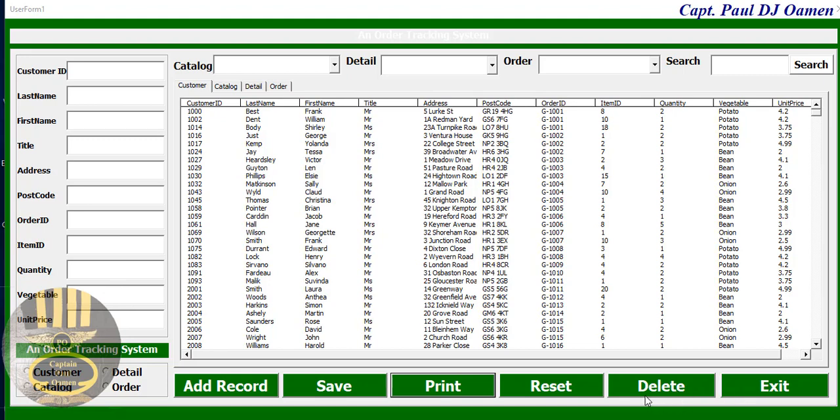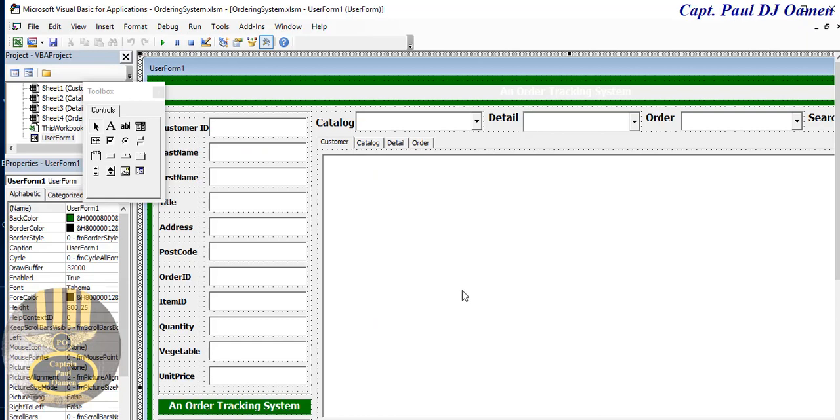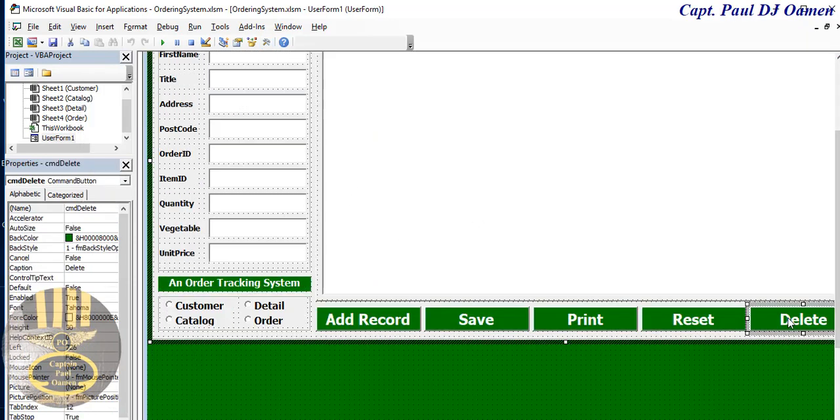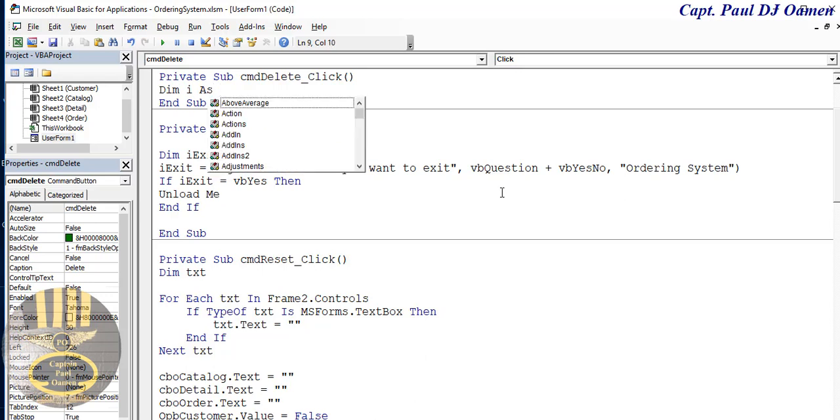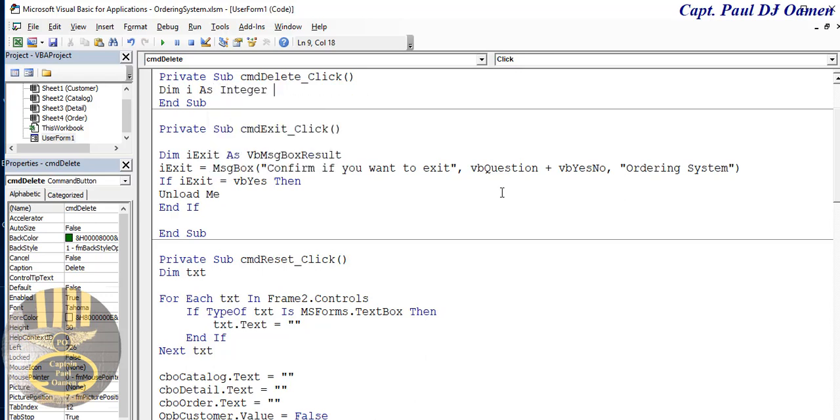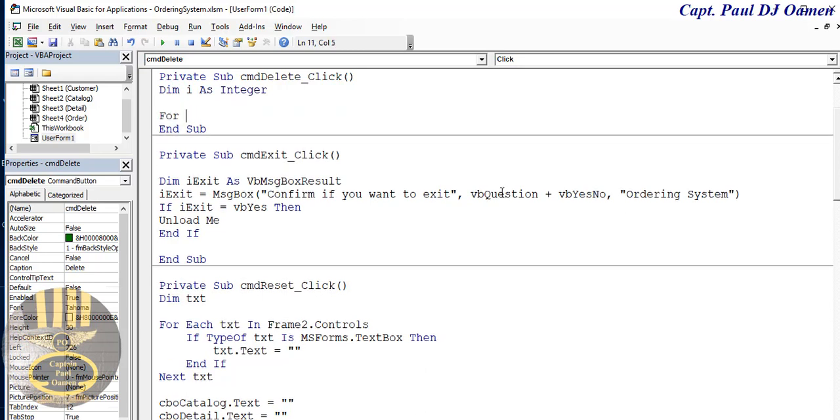Okay, let's take care of the deletes. So we need delete, just 3 more buttons. Okay, that's good. Exit out, come right down here. Where is delete? Double click on delete, and right there, the first thing, I'm going to declare the following variable. Let's say I as integer, and for I equals 1 to range, and the range I'm going to make that A will be up to